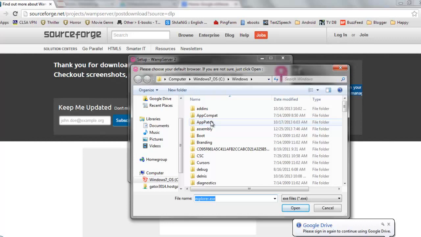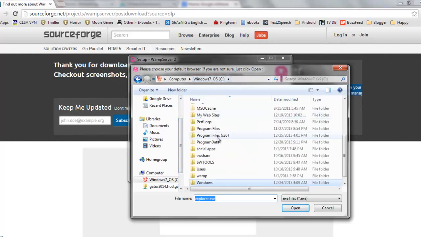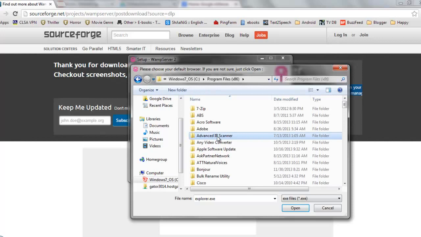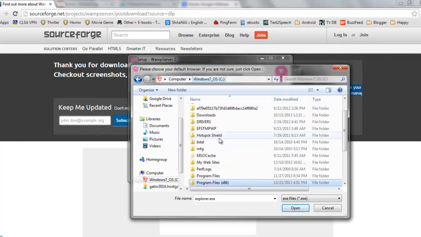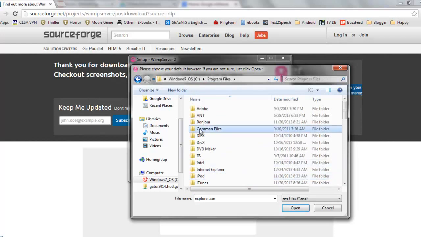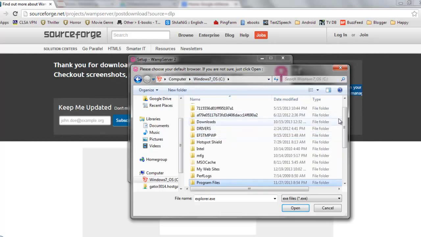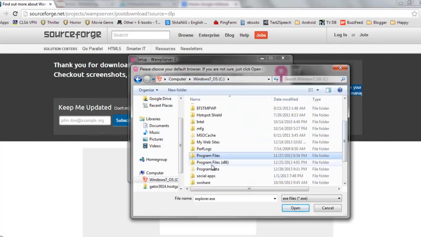Now you have to map your internet browser with the WAMP server on which you will run your local websites. I'll map my Google Chrome. So I have to locate the chrome.exe file from the program files.